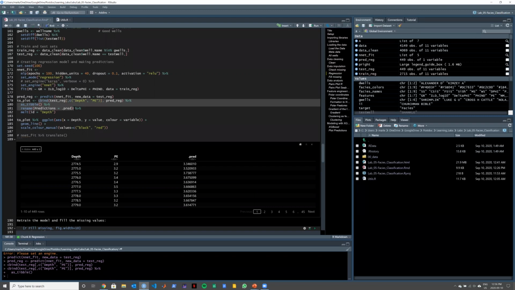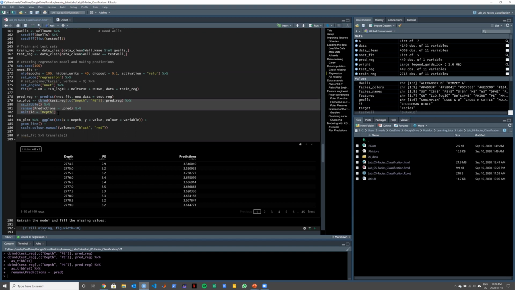If we click here, now it's named predictions. Then I'm going to be melting, and it's going to be related to the depth. So you're going to have just 2 columns after I melt. It's going to be like that. We have 3: the depth, the variable that we have, photoelectric, that was the name of the column,